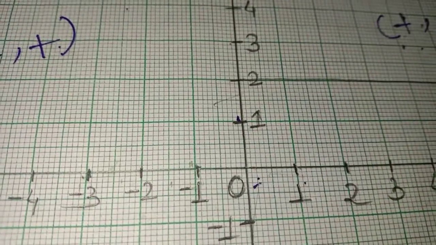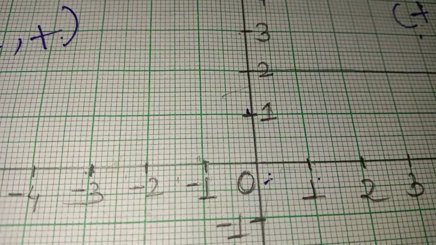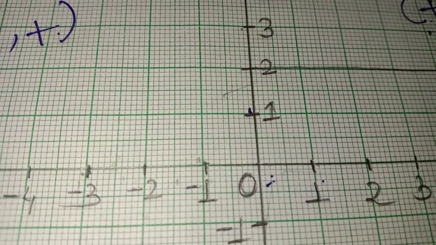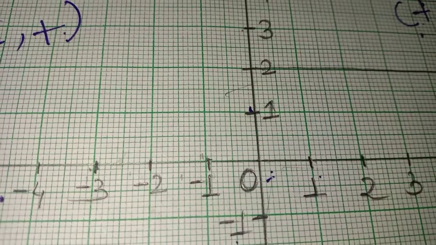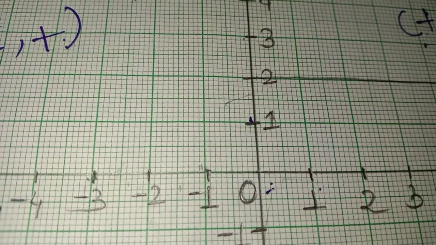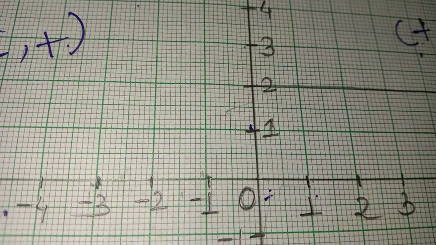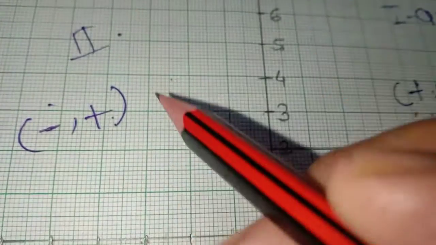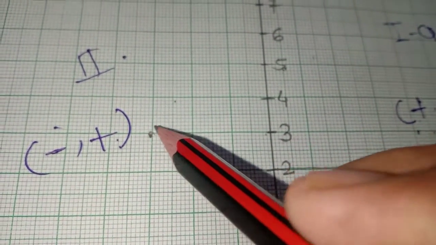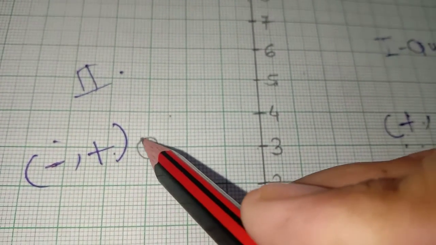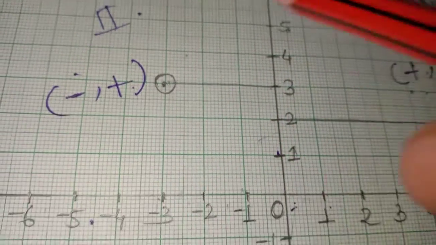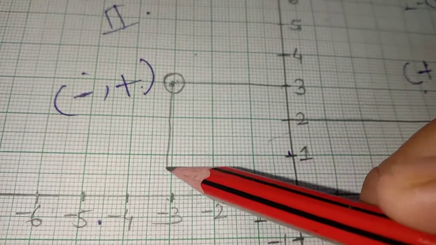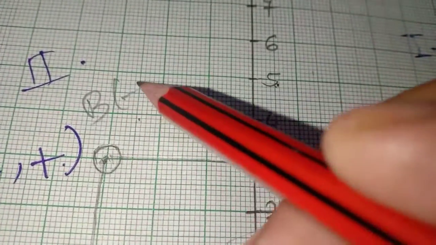Once again I am explaining that I am not here to give you the blocks and their measurement. First of all, I am explaining how to locate the point. I am not going for any specific measurement. It is only for explanation of how to locate the point. So (-3, 3) can be here in this way. Once again we can sketch the lines here and this is point B, (-3, 3).